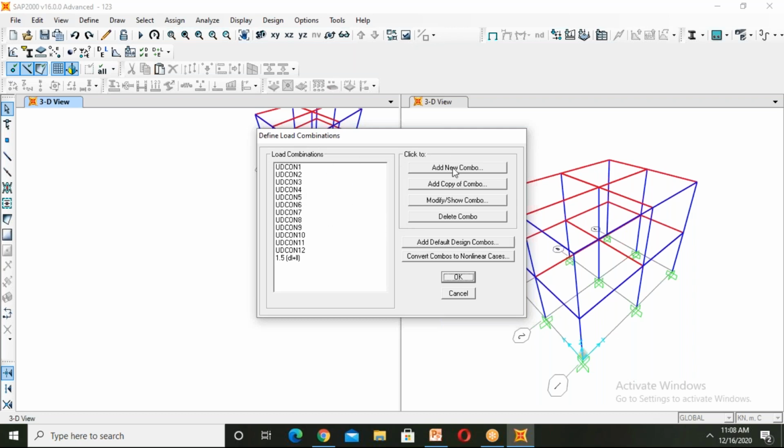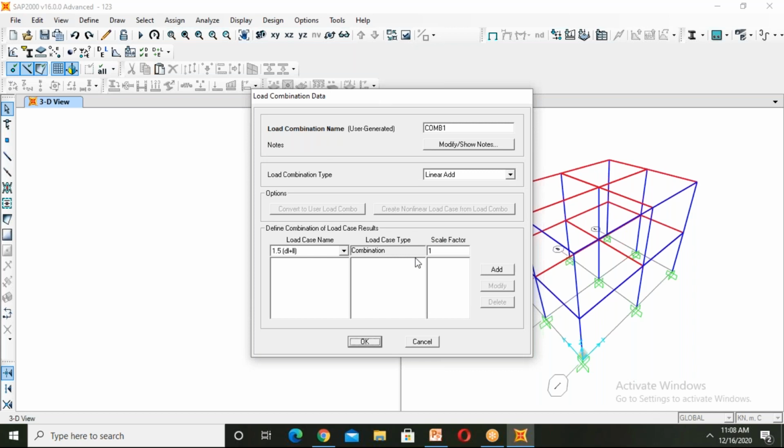For that, we should click add new combo, and give a new combination. That is, if we want 1.5 dead load plus live load, then the load case name should first be dead, then it should be linear static, and the scale factor should be 1.5, as we are adding 1.5 dead load plus live load.